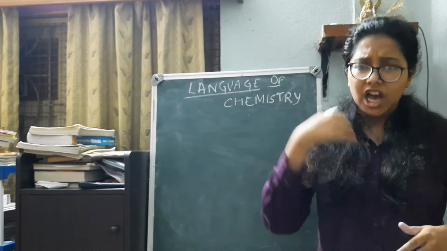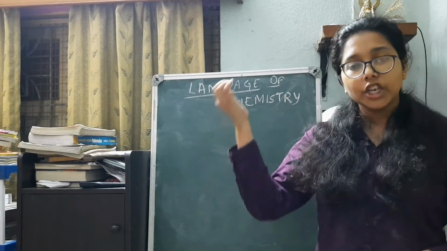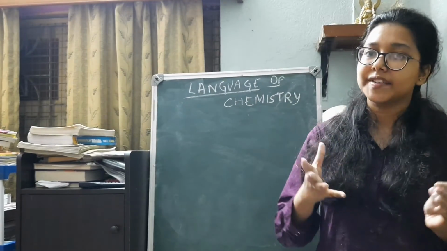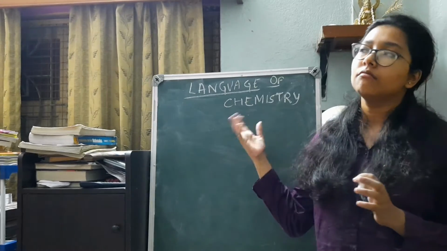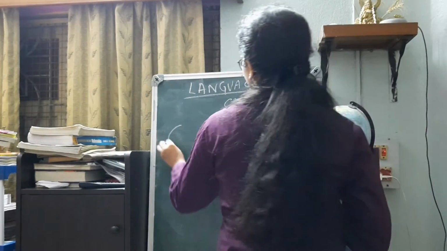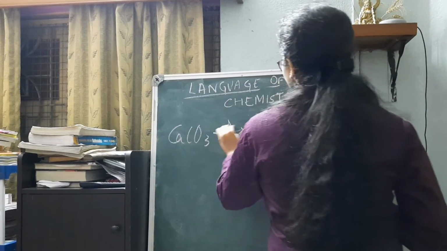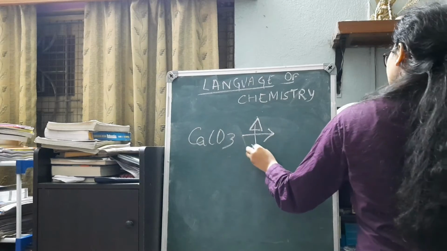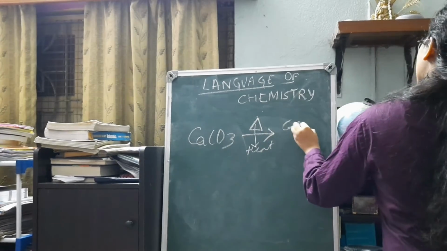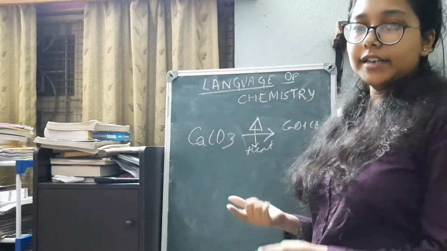Just go through them. With the course of time, if you keep on practicing them thoroughly, you will have certain equations registered in your mind. For example, one reactant, three products. Okay, so if we see one reactant, calcium carbonate, heated. What does this imply? It has been heated. CaO plus CO2.